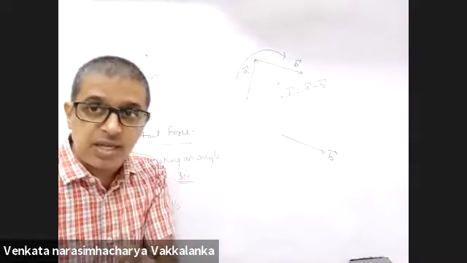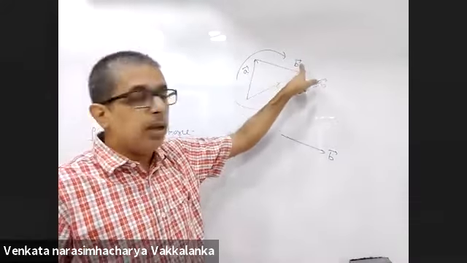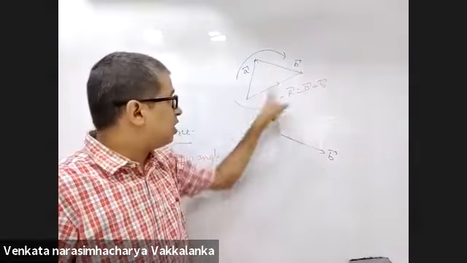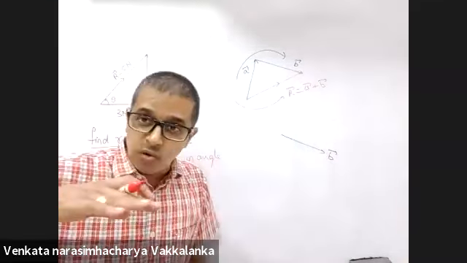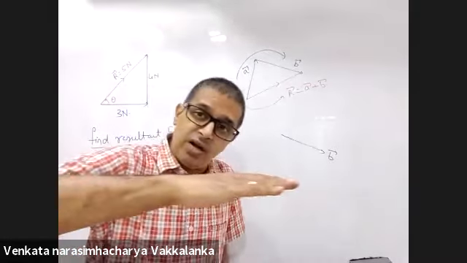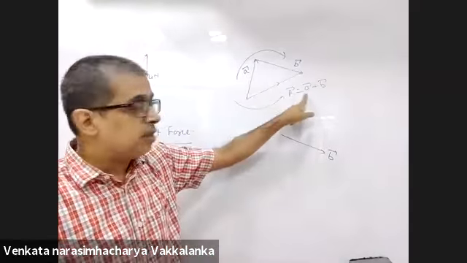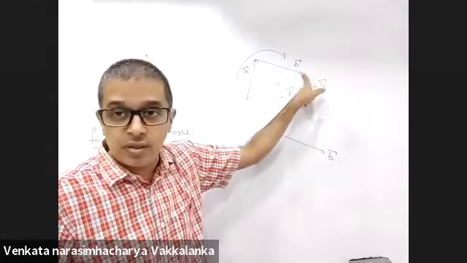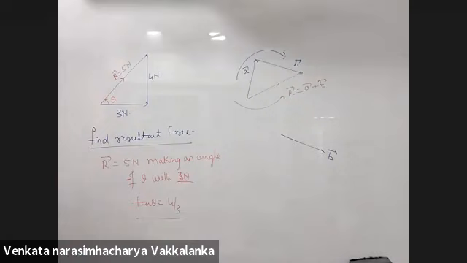Measure this length, that will be the resultant. I am repeating this again and again. This is important. Don't tell me A is 4 Newton, B is 6 Newton, the resultant is 10 Newton. No, resultant will be lesser than 10 in this case. It is 10 Newton if and only if they are in same direction. If not, resultant will be less than 10 Newton. Measure this particular length. That length will be the resultant.